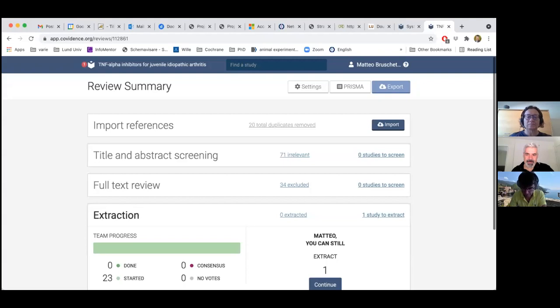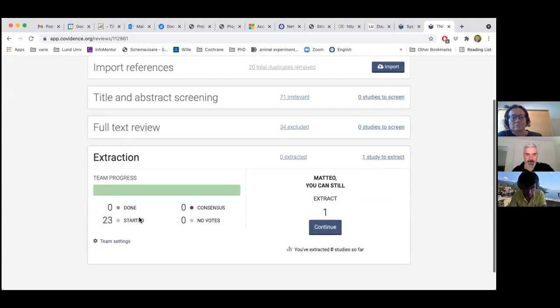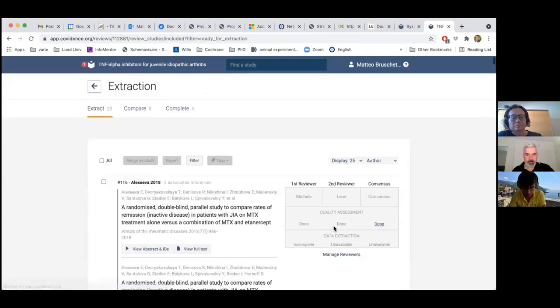Yeah. So we are looking now at Covidence. This is the link for our review on juvenile idiopathic arthritis. And so we are here in the last step in Covidence, actually, the extraction. So we have these 23 studies. So we click here as a, okay. And then here in Covidence, we have